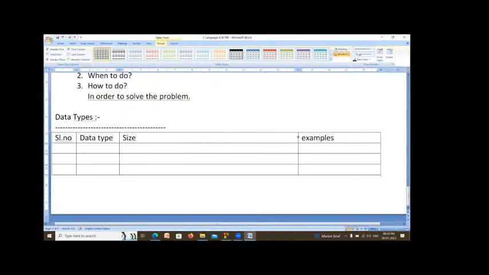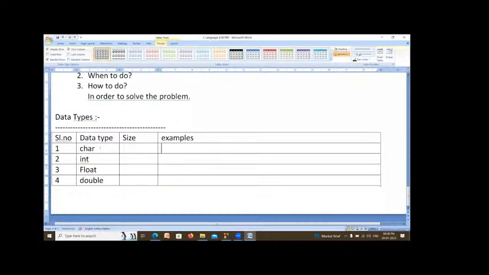C language supports 4 data types. 1, 2, 3, 4. 4 data types are there. What are those? Characters, integers, float, and double.